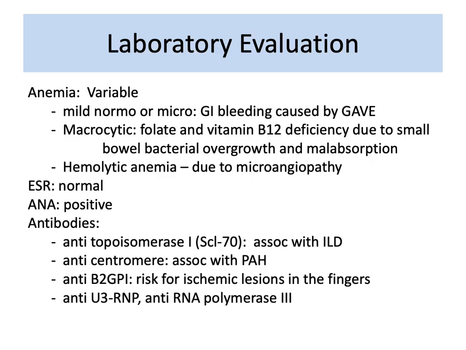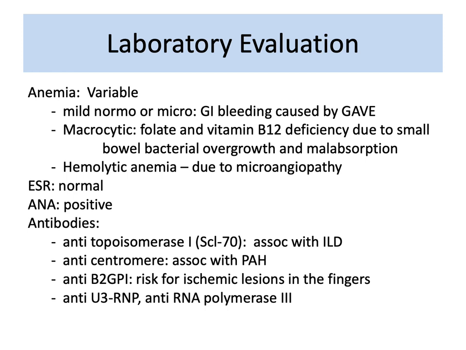ESR is usually normal in patients with scleroderma, and these patients may also have a positive ANA. Other autoantibodies may be observed, particularly anti-topoisomerase 1 associated with ILD in diffuse scleroderma, anti-centromere antibodies associated with pulmonary arterial hypertension in limited cutaneous scleroderma, and anti-beta 2 glycoprotein 1 that puts the patient at risk for developing ischemic lesions in the fingers, and other autoantibodies are anti-U3RNP and